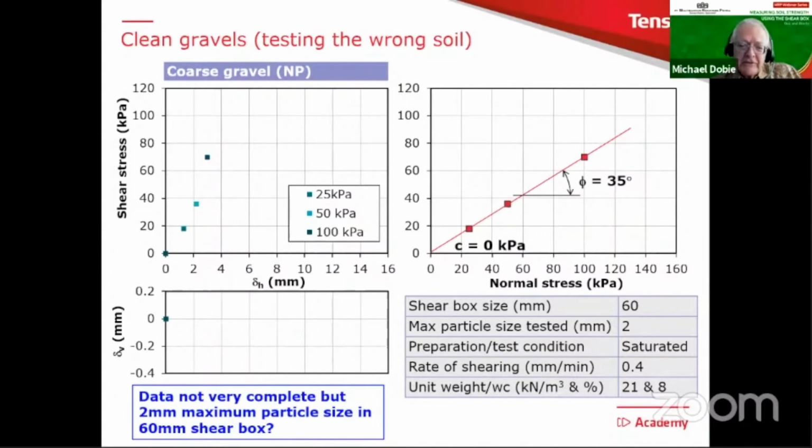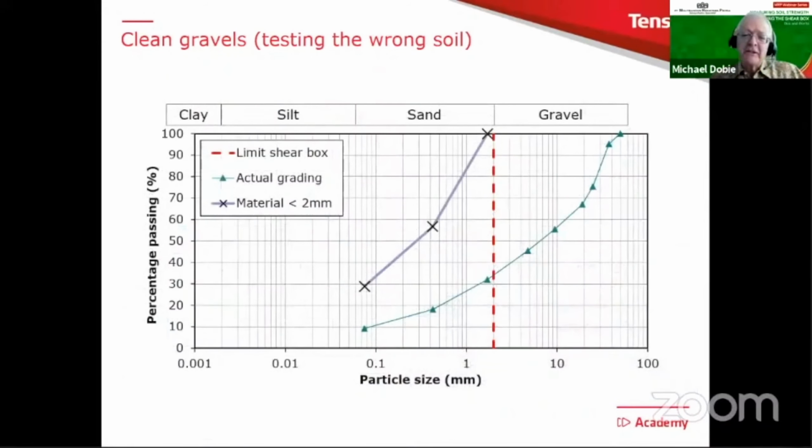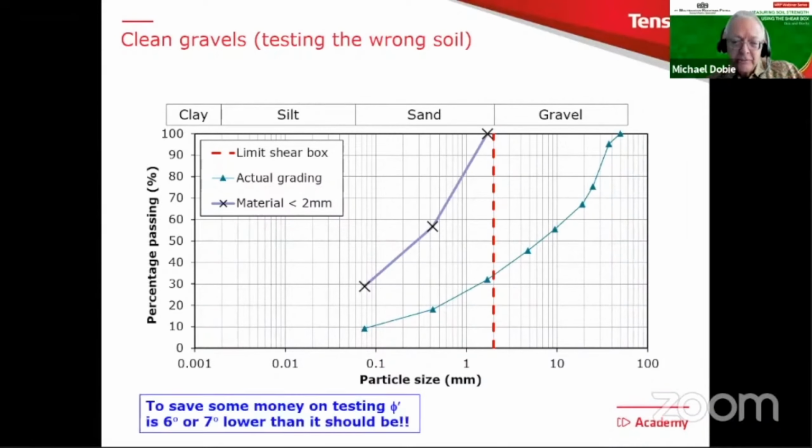So what about this? This means we're testing a material that's a gravel, but only up to the 2 millimeter particle size. So if we go back to the particle size curve and we remove the coarse particles, we end up testing what is essentially a fairly well-graded sand with a fairly high fines content, far away from the actual material. So we saved some money on a cheaper test, but we lost maybe 6 or 7 degrees on our